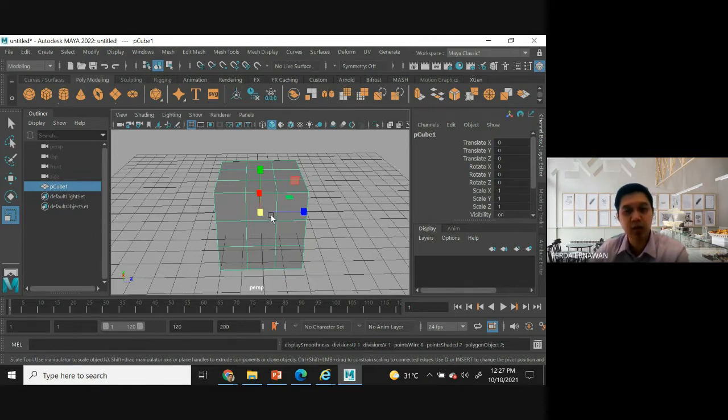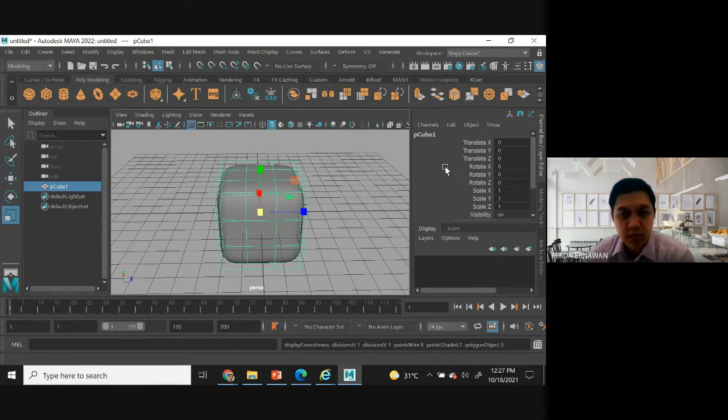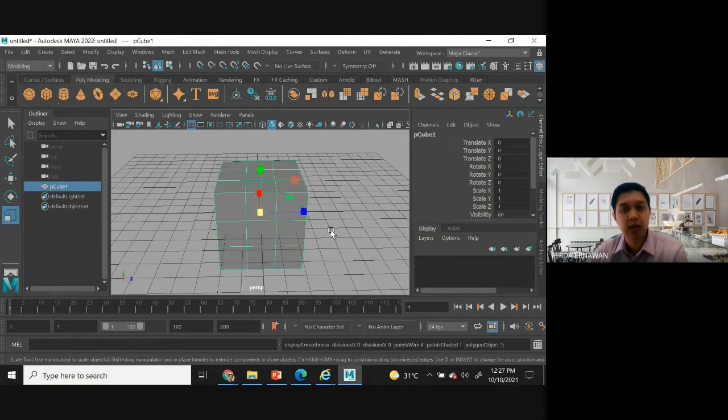You need to select the object first. This is number 1, our surface of the polygon that we see at level 1. If you press number 2, it means it will be smooth, like this. This is the subdivision surface. And if you press number 3, it will be round.